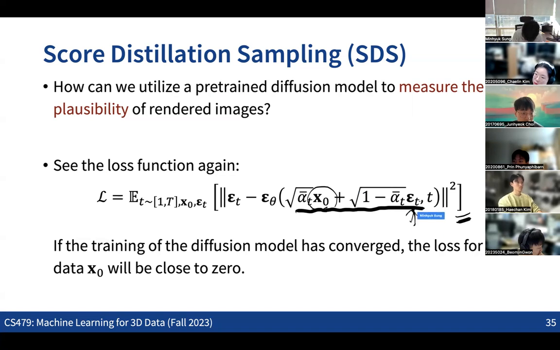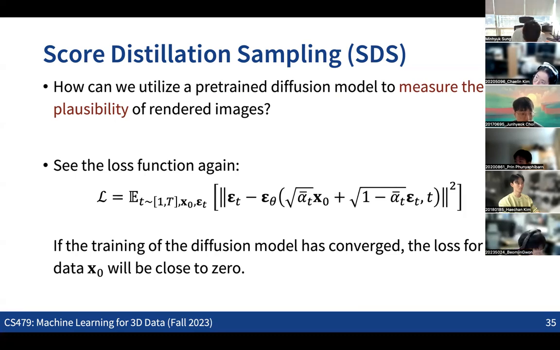With some randomly sampled time step t. And then we check whether the noise predictor can predict the noise that we added for each of the realistic images.